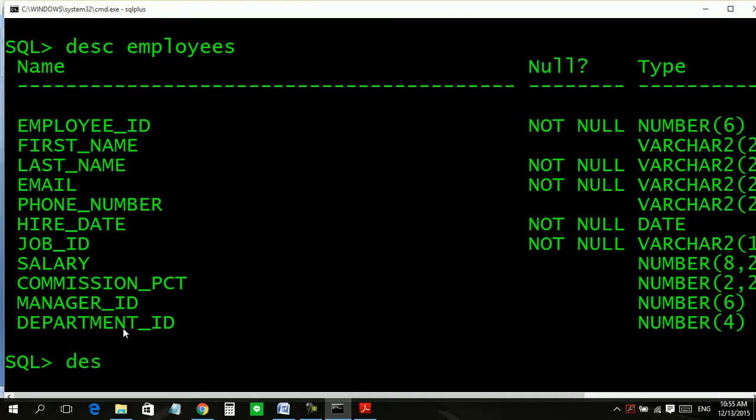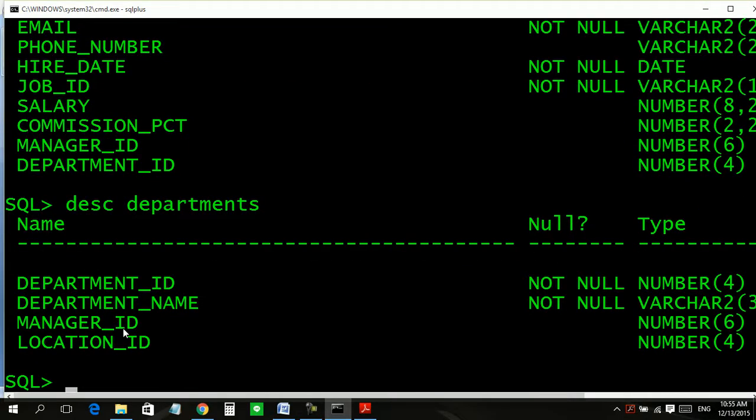Another is departments. It is also an inbuilt table from Oracle. I am taking these tables because they are already built and have data. Otherwise, I would have to make a table and insert data. For simplicity and quickness, it has department ID, department name, manager ID, and location ID.